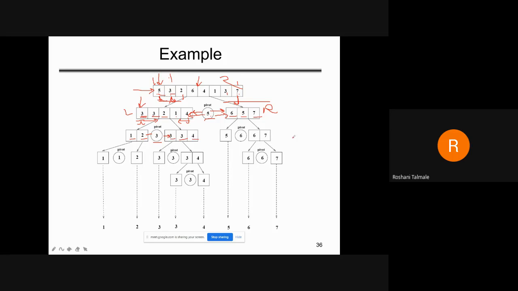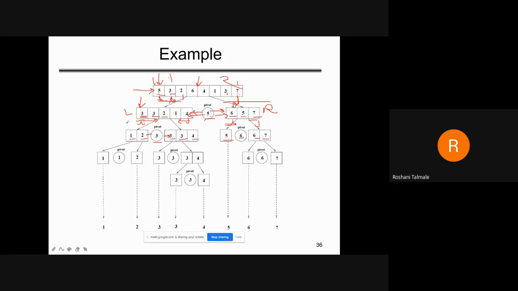Similarly for this also. Okay, 6, the first element, is kept as a pivot element. This is the i value and this is the j value. So 6 will be compared with the j, so I'll put it here. फिर आप i के पास आओगे, 6 will be compared with 6, yes. Then आप j को increment करोगे तो it will be 5. 5 is compared with 6, it is less, so it will come over here.